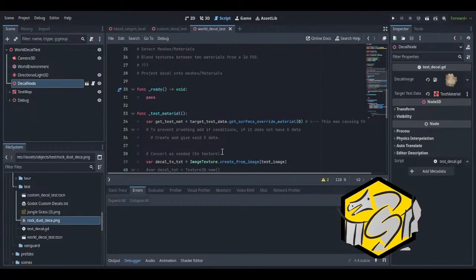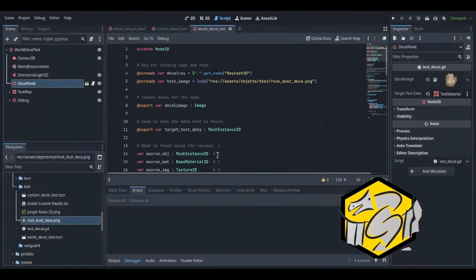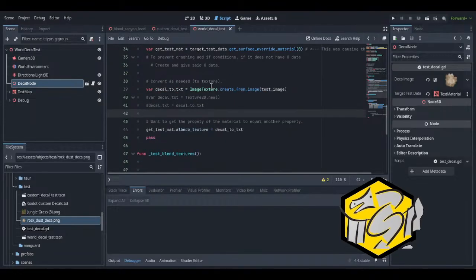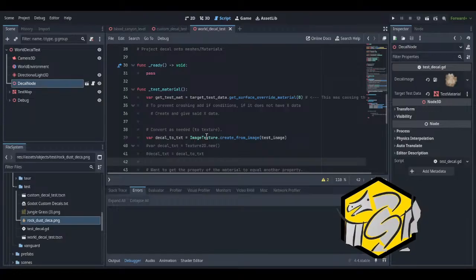To take the image... Why, why? It has to be created from it using the create.